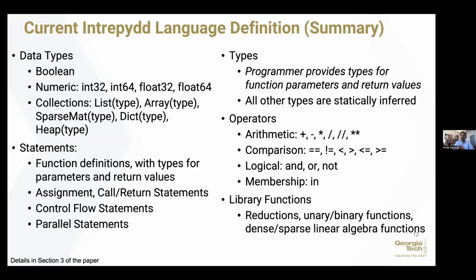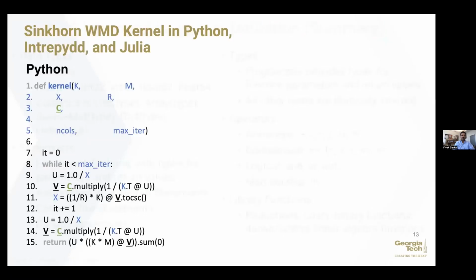But right now, in this piece of work, we required the programmer to provide types of function parameters and return values for the ones, and then our compiler would infer the other types within the function. So let me give you an idea. So one of the